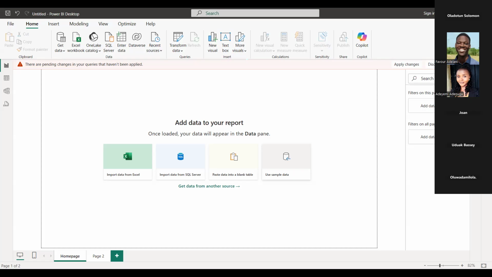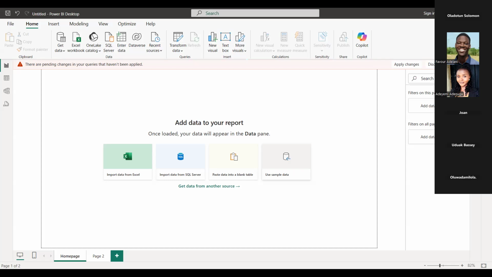Now, as much as it is good for the report to look nice, to select the right colors, the right charts, and the right elements, it is most important to have accurate and clean data because dirty data will produce wrong information.